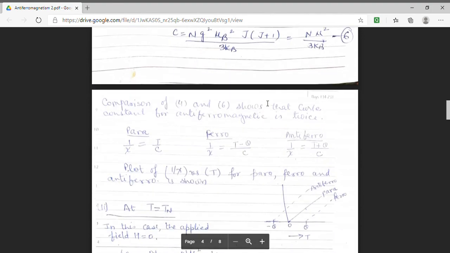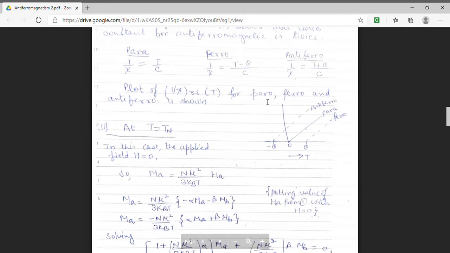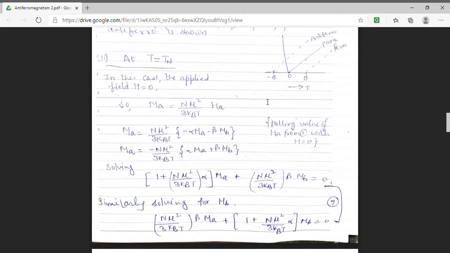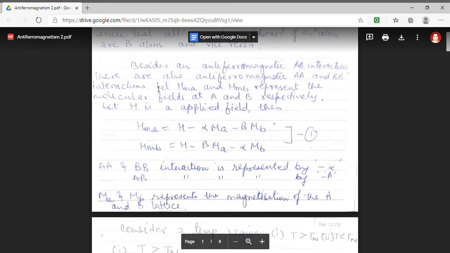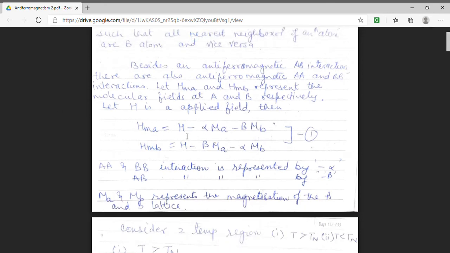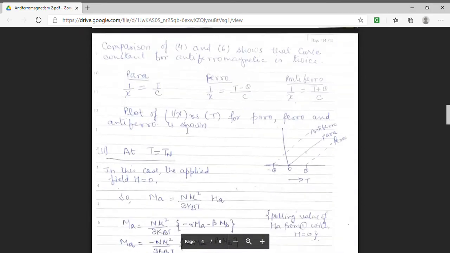Now I am considering the range T equal to Tn. Since the temperature is the Néel temperature, we have a condition in which there is no external applied field. That means in this condition H will be 0. So I am substituting H to be 0 in the expression. On substituting H to be 0,